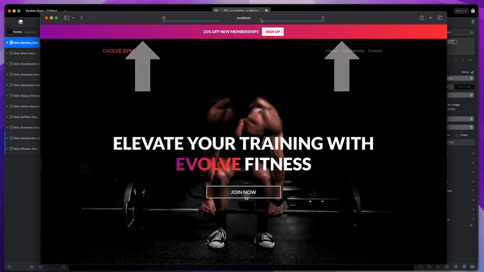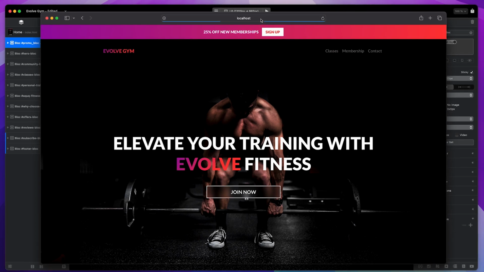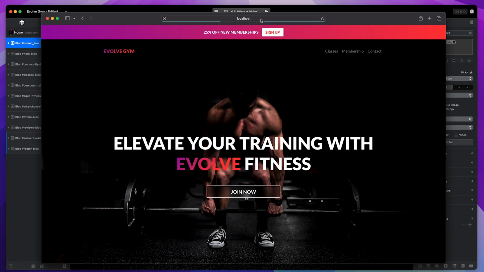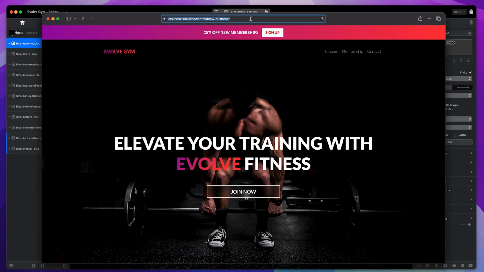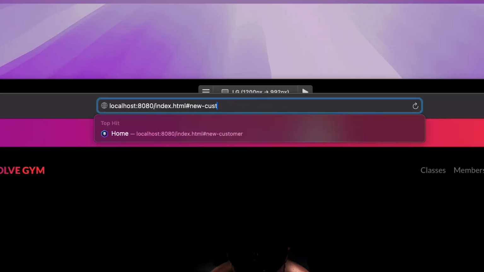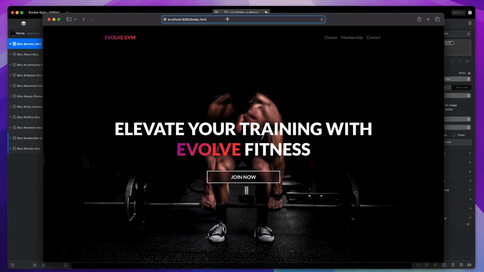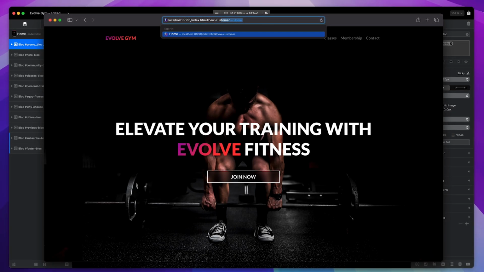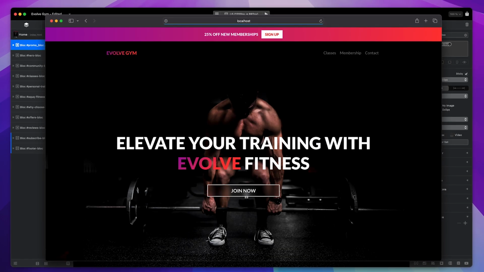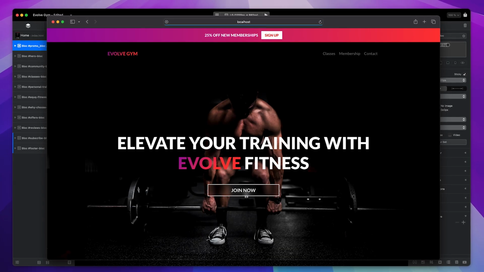This means if I share the page URL that includes the hash with potential new customers, they will get a custom experience, but only if they visit via that shared URL. General visitors to the page will not see this promotional section as the hash will not be present. This type of interaction is great for marketing purposes, allowing you to customize the content of a web page based on the structure of a URL.